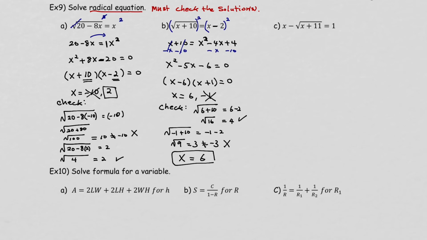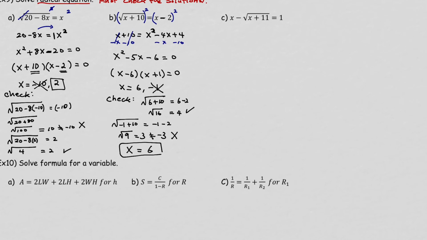What about C? In C, I see the square root, so we want to square to get rid of square roots, but I cannot square when there is anything else attached, right? I only want to have the square root with the square, so that they cancel out each other without doing FOIL. So let's get rid of this by subtracting x. Then you get negative square root of x plus 11 equals